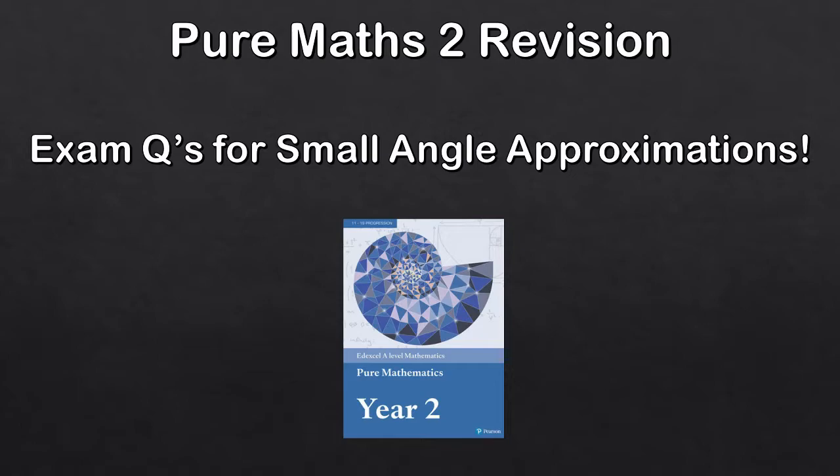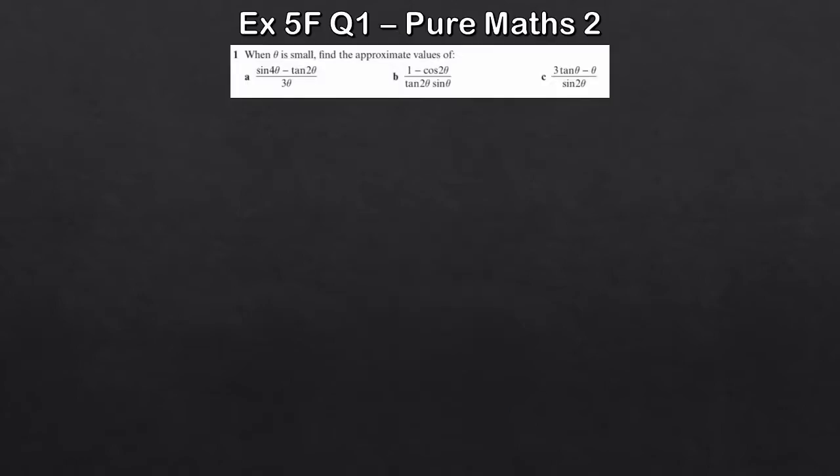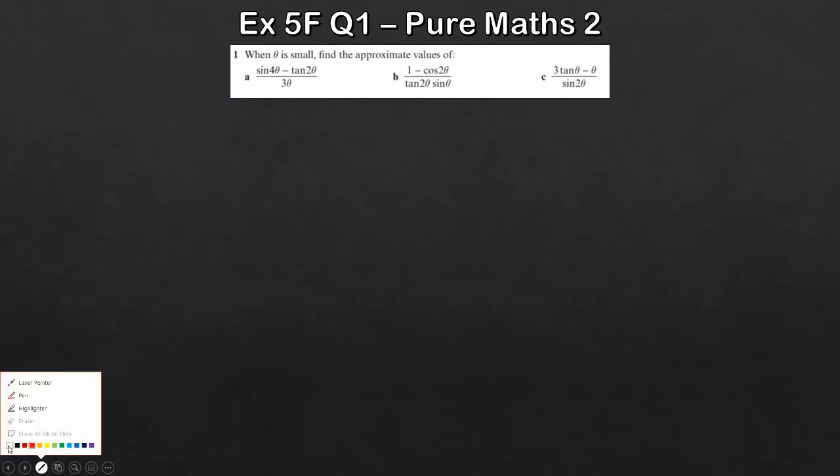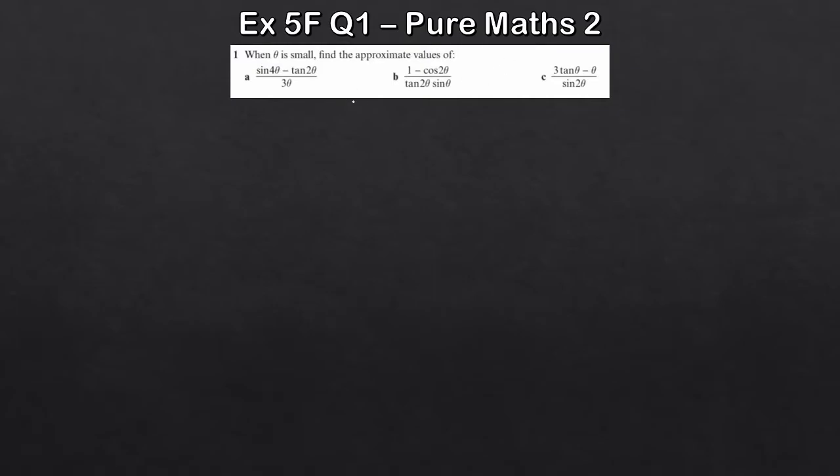So only a few questions in this video. Let's take a look at them. The first three are just looking at how we use the approximations, and the last two are just standard exam questions. So when theta is small, let's see if we can find the approximate values of these three expressions. So question 1a,